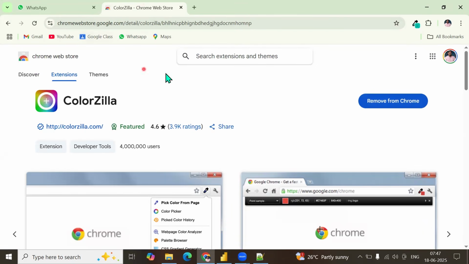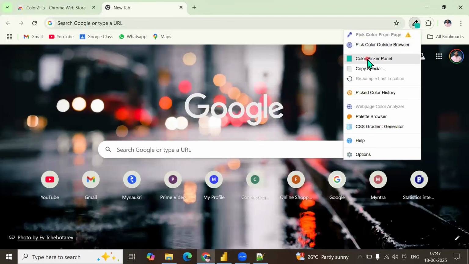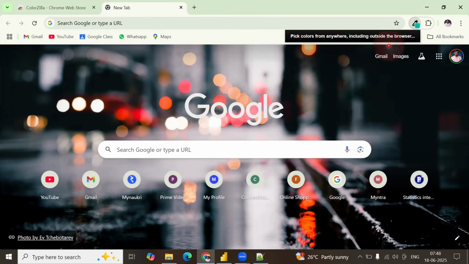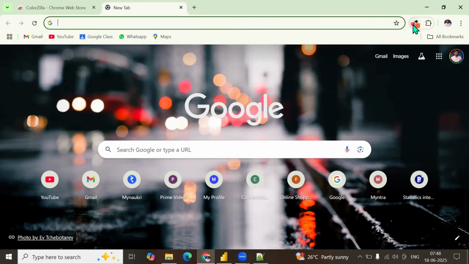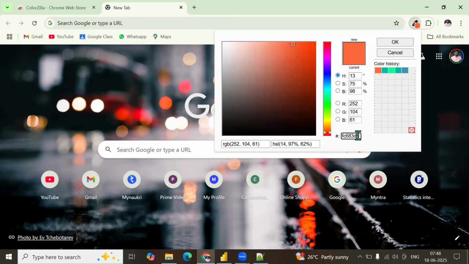I click on this and I'll pick the color. Pick the color outside the browser. I can search the color picker, and I can click on this. For example, I want to pick this color. I can pick on this, so you get the hex code. Click on this again, go to the picked color history, and this is the color number, the hex code. Copy this,